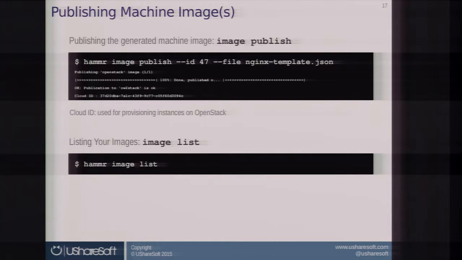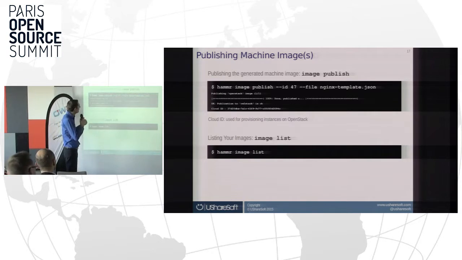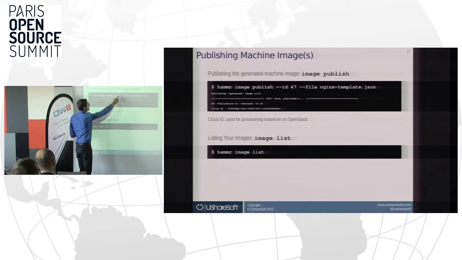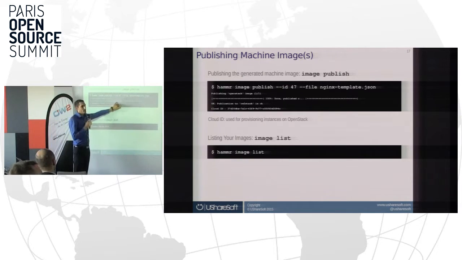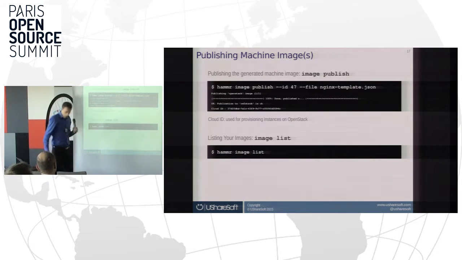When I have generated this machine image, I can publish it to OpenStack with hammer image publish, the ID of the image generated by the command just before, and I will have a progress bar to follow the publication of my image on the OpenStack OW2.